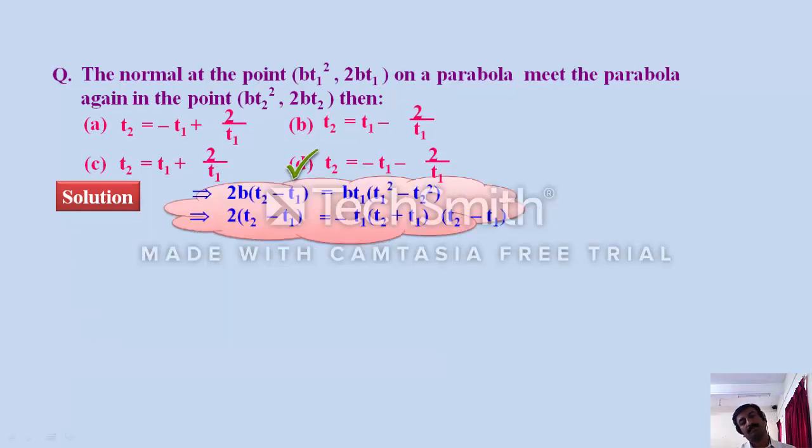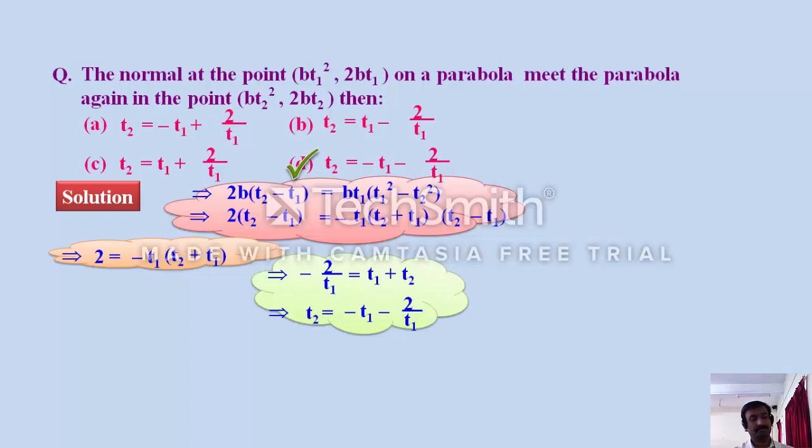And the next, let us proceed. Simplify this part, 2bt2 minus t1, and again go on expanding. Just simplify here: t2 minus t1 whole square can be written in a plus b, a minus b form, and again proceed. t2 minus t1 gets cancelled, and only this part remains here. Hence t1 is taken to the left side and you get 2 by t1 equal to t1 plus t2, and the t2 value you are interested in here. Let us take t1 to the left side. You get the answer t2 equal to minus t1 minus 2 by t1. So this is the answer for this question.